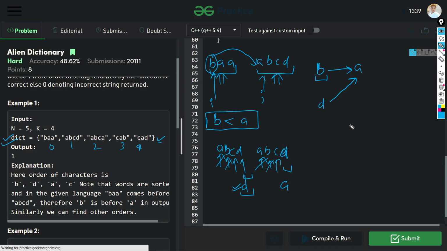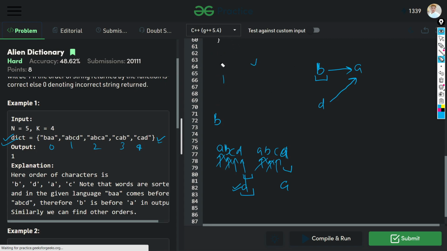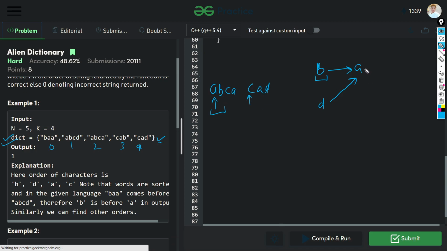Okay, like if we have a string, we change the string. Okay, just wait. Let's say we have the strings A B C A and C A B, and at that point they will not be equal. Okay, then A will always be before C in the order. Okay, then we make an edge from A to C.